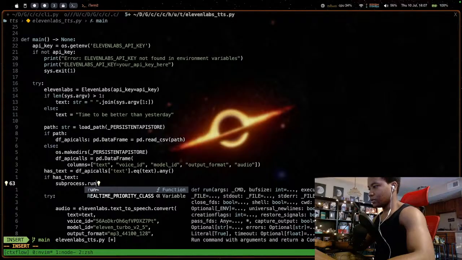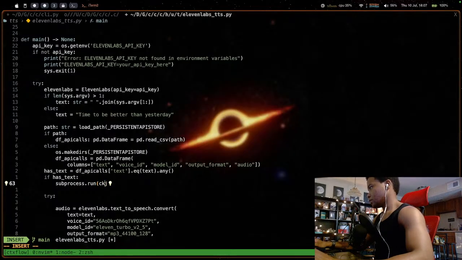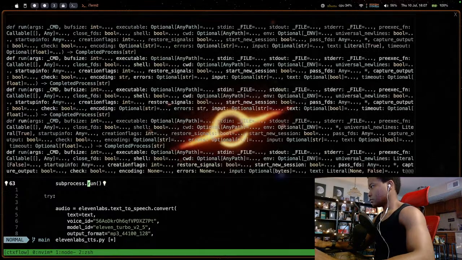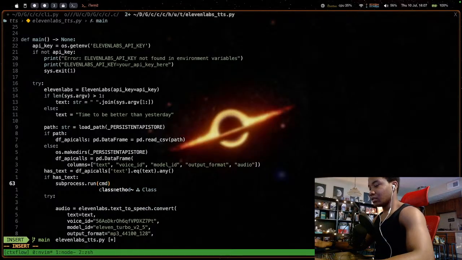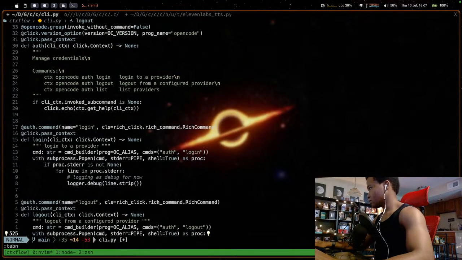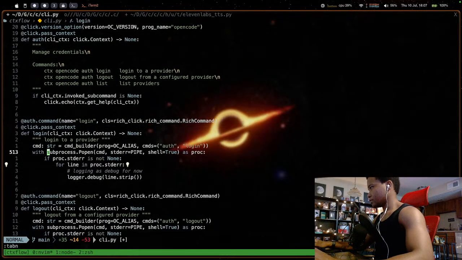Run command with arguments and return a completed process instance. Okay. What is that? Function signature. I think it's just the same thing. I literally think it's just like command, and I think it's command equals, and then you build it how you normally would. Or is it just straight command?